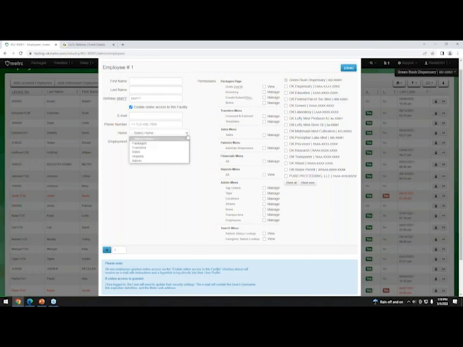One thing I'll just note there, if you set that home page as something that they don't actually have permission to, you'll run into some issues. So just make sure whatever you select their home page to be, that it is in fact something they can have access to. But you see here that you have the ability to add multiple facilities for each employee, and then you also have the different permissions.